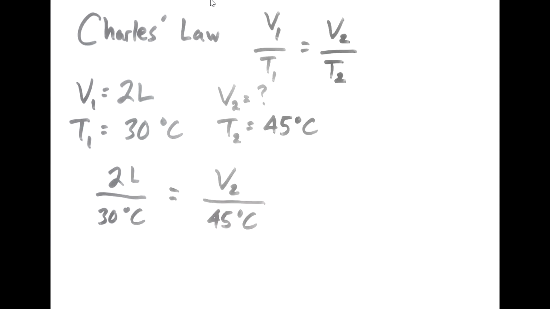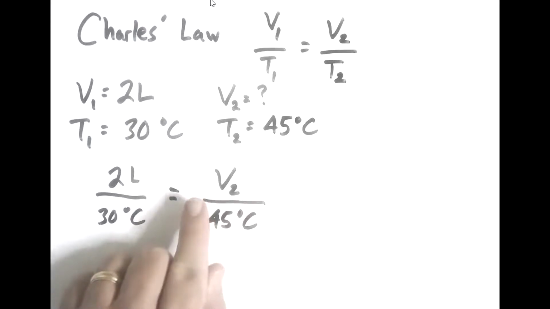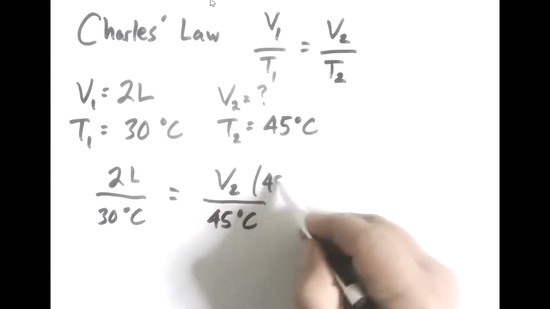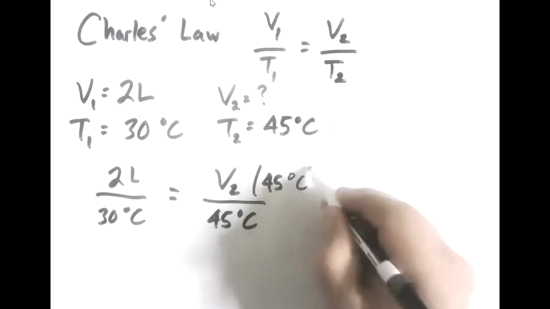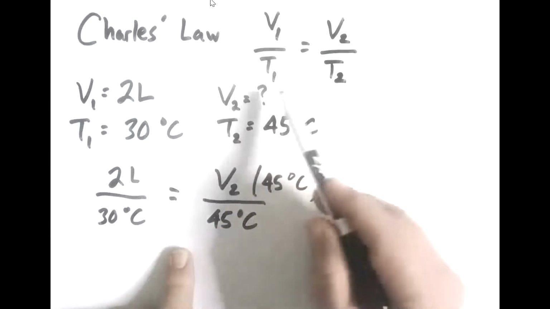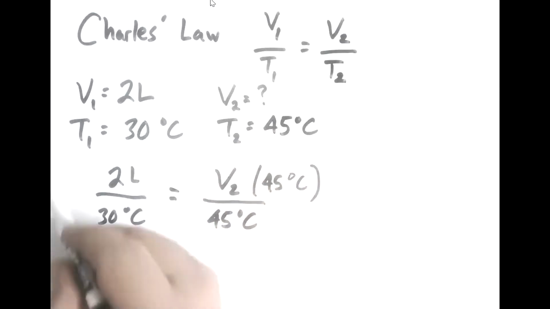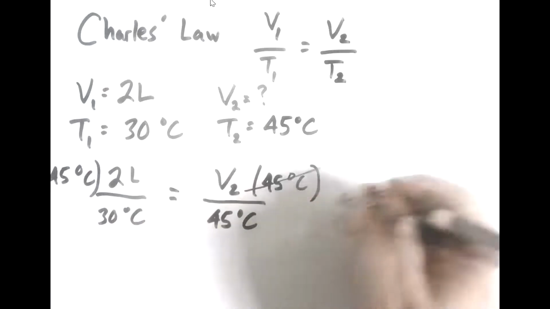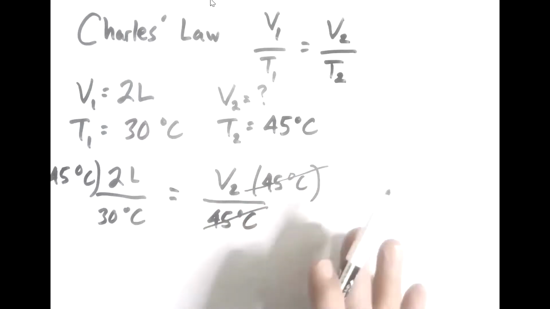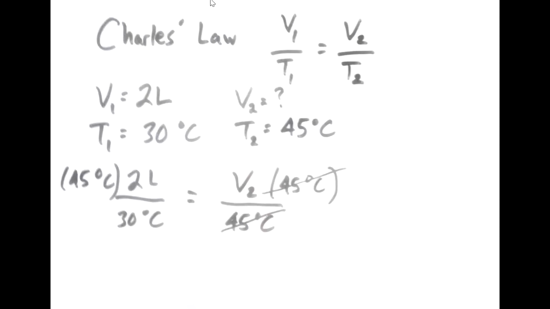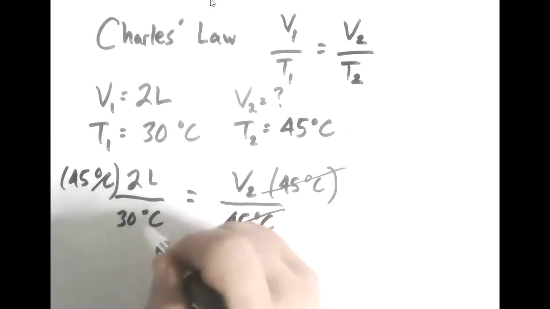Now what I want to do is get rid of everything next to V2 or underneath V2. So in this case, the way I'll do it is I'll multiply the top here by 45 degrees Celsius. But again, since this is an equation, whatever I do to one side, I must do to the other. So I'll put 45 degrees Celsius over here. The 45 degrees Celsius will completely cancel on the right side. On the left-hand side,